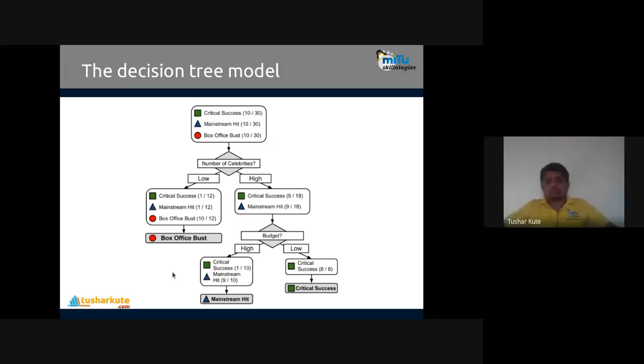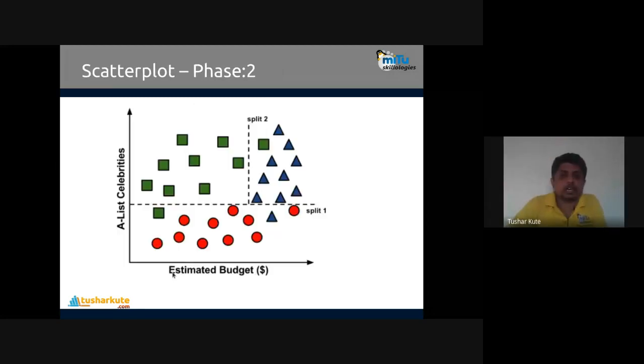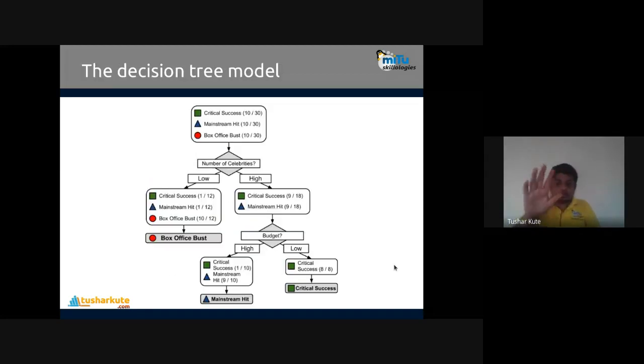One more split is possible here, and here also one more split can be done and you can separate a class. So one feature can be used any number of times, and it may be possible that a feature is not used at all. This is the model that essentially follows.